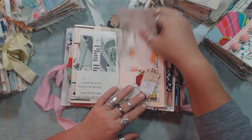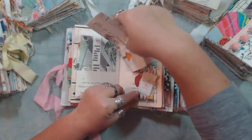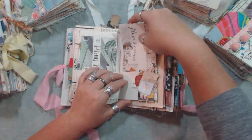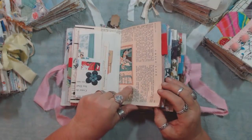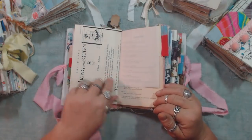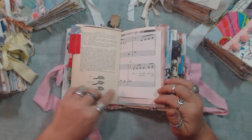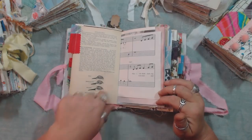And then a lot of pages out of my Popular Mechanics magazines. And these are from the 40s. There's children's book pages from some school books from that same era. See, there's Child Life. And I love the Child Life magazines. They're so pretty. I love the text. I love the little drawings and the imagery in those magazines. They're just gorgeous. I used a lot of pages from some vintage field guides,